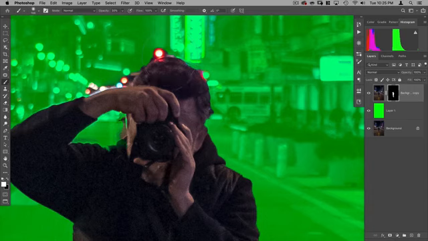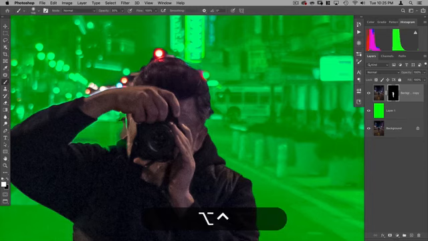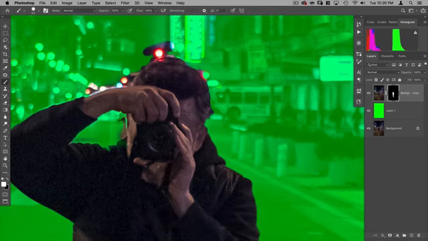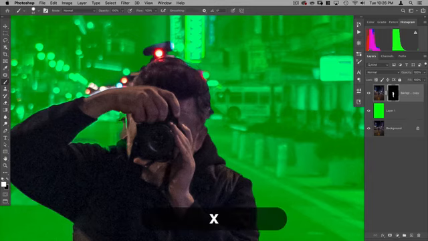And I can control my brush size and feather by holding down Control and Option and dragging left and right and up and down. And I'm going to increase the opacity to 100 and then just start painting away, and we'll kind of fast forward through this. And just by hitting X, I can switch between black and white. So when you're painting on masks, just have black and white, and then you can hit X on your keyboard to either add to the mask or subtract from the mask.